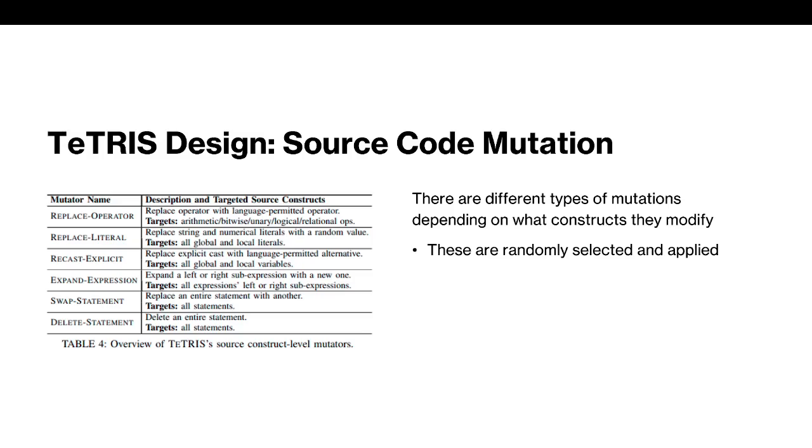To the left is a list of the different mutations from the paper, and you can see that they range from mutating something very specific, such as an arithmetic or a logical operator, to replacing literals and variables with other literals and random values, changing casts, swapping the order of statements, or deleting an entire statement altogether. And since this is fuzzing, we want to apply these randomly, so these different mutations are randomly selected and applied to the input program based on the seeds that we